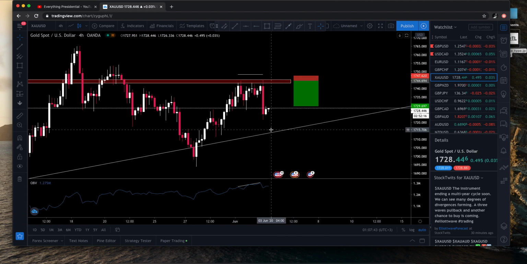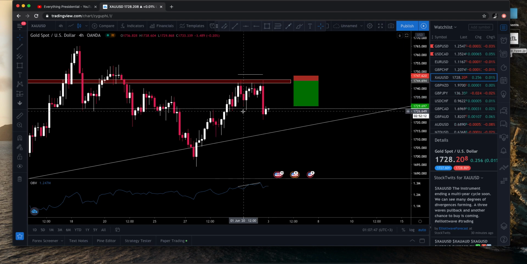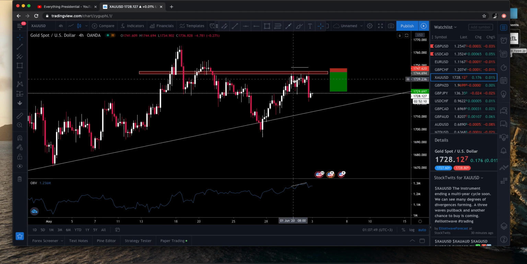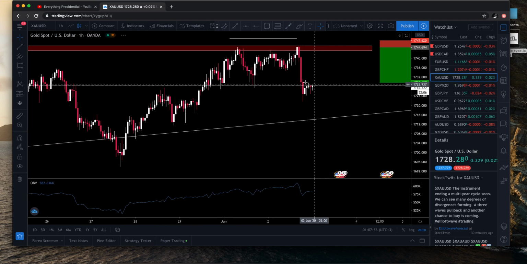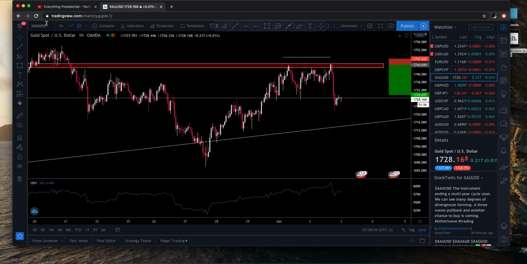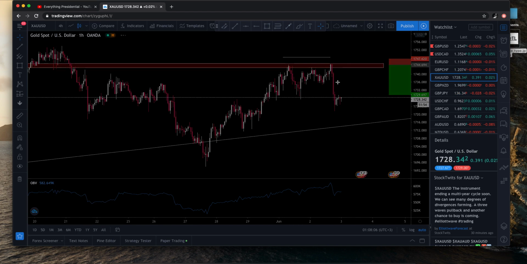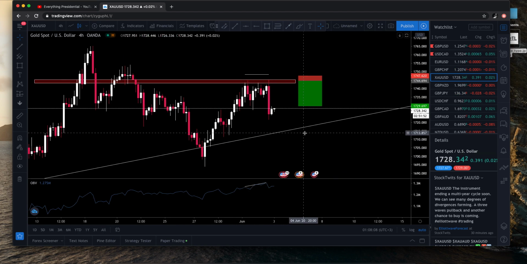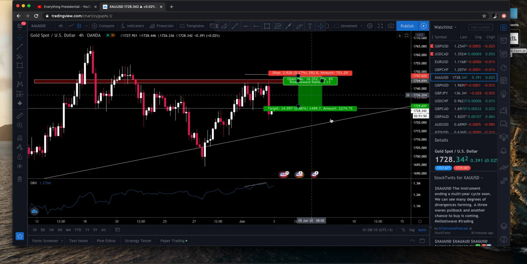If you stay in for more, the market is going to come back and take your profits away from you. So very nice trade, almost no drawback or no drawdown. The market just went for the take profits. I didn't even go into loss for one moment. Very, very beautiful trade. I love such trades. Happens very rarely, but whenever it happens, it makes my day.